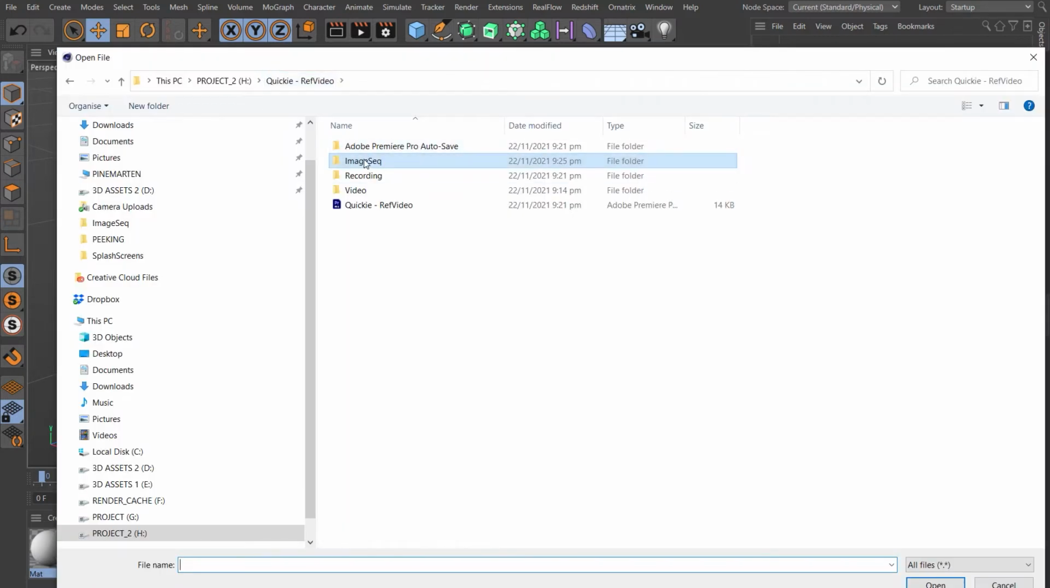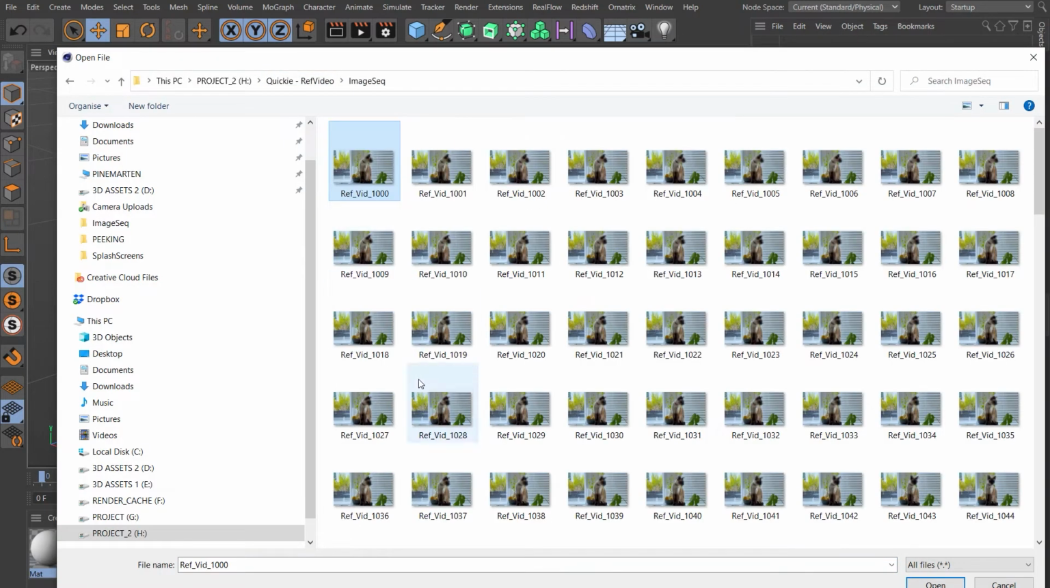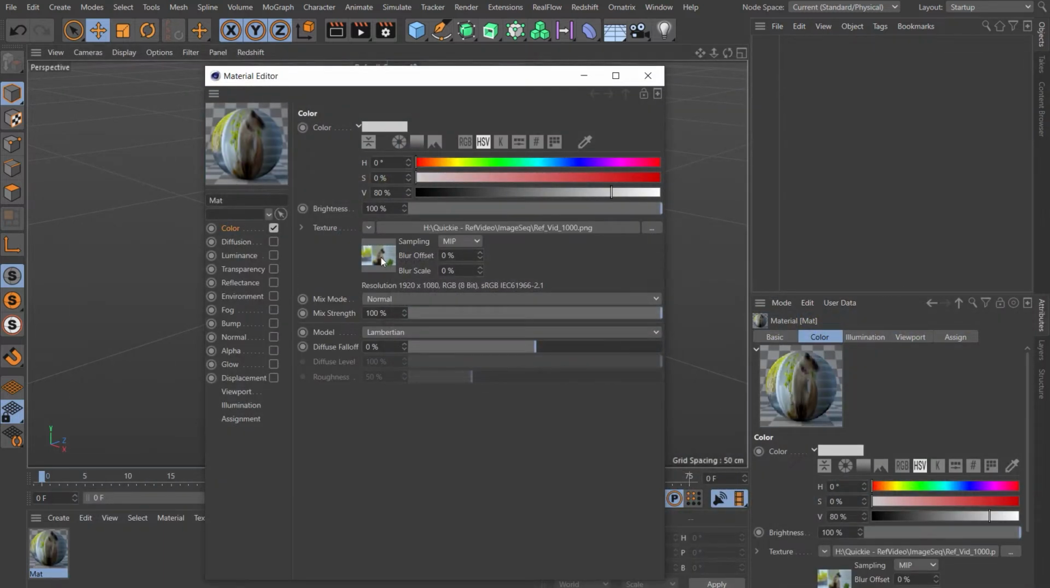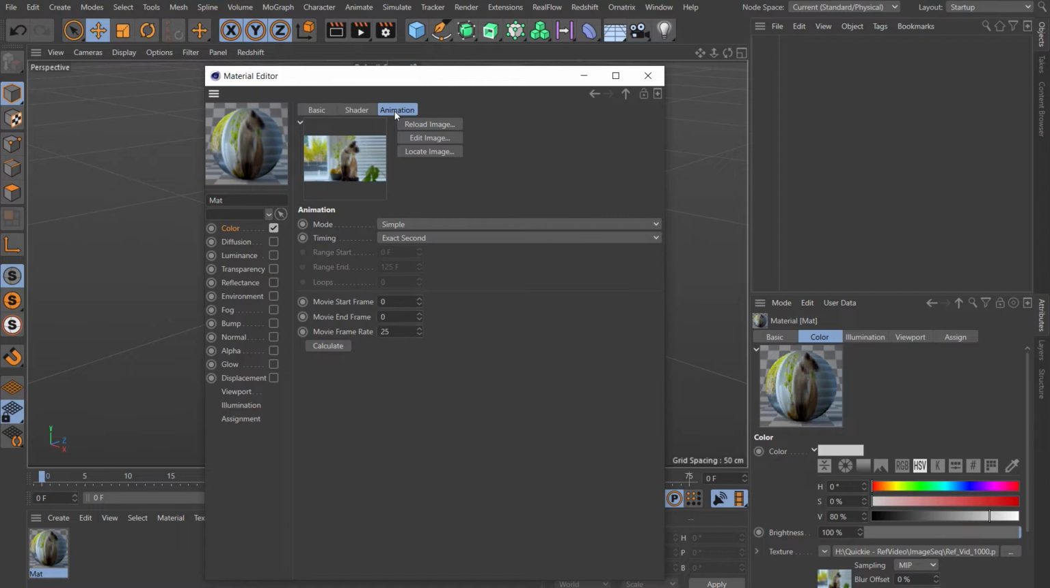Let's go to our folder that we just saved the image sequence to. Let's select the first image in the sequence and click open. Nope, we don't need to move it. Okay, let's click on the image. Let's come to the animation tab. Let's click calculate. Make sure that that frame rate is the same as what you just put in the project